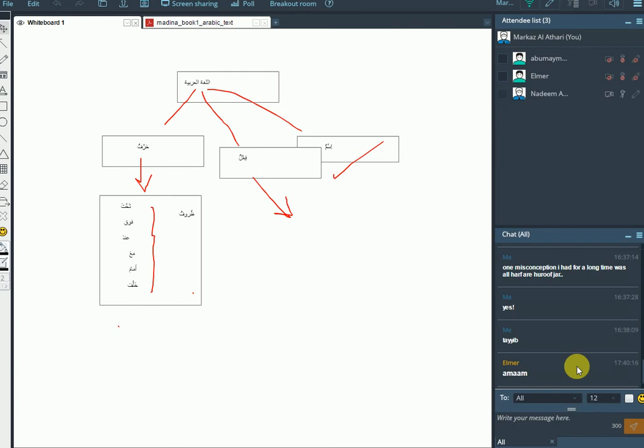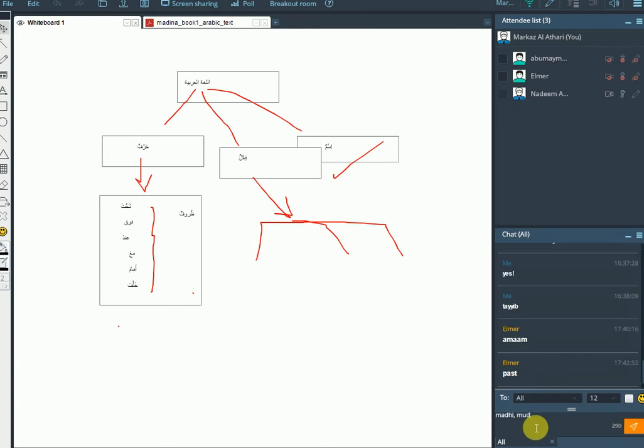That's the plural; the singular is fi'lun. And those go into three groups. Can anyone guess what those are? Or maybe you know them without having to guess. Sahih, barakallahu fik. Past, present, madi, mudari' and amr. Sahih, because the present tense actually contains the meaning of the future. So that's why we say fi'l madi.